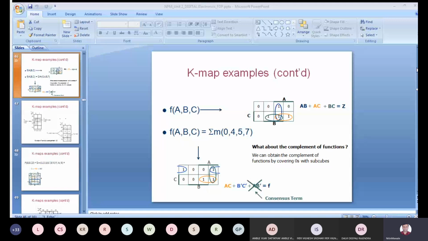And try to solve the POS equations also similarly. Means whatever equations you solve for SOP, the same kind of equation you should solve for POS, so that you will be in a position to solve each and every example. Any example may come in the exam, maybe in SOP form or in POS form. You cannot consider that only SOP will come or only POS will come. You should be comfortable with all. And then you will get the entire concept in KMAP. And again I am repeating, KMAP is a very important tool for electronic engineering. That's why each and every concept of KMAP should be clear to you. Okay, so now the next example.